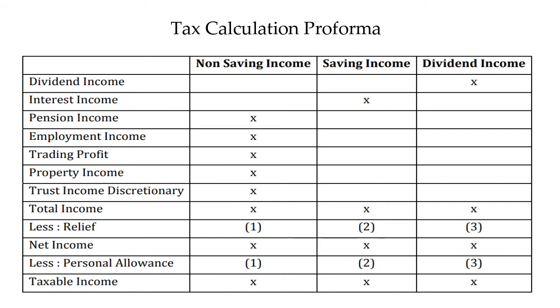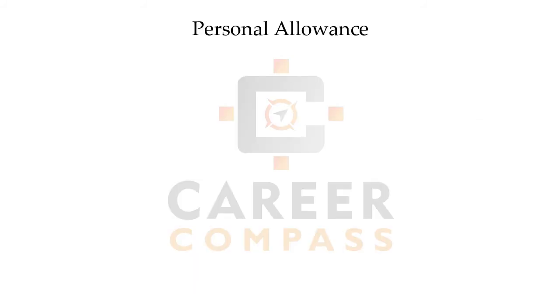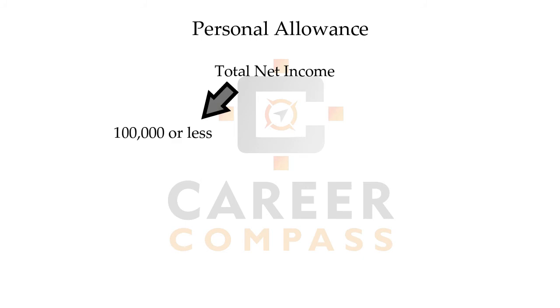Then after, students, the most important topic is the personal allowance. Why is it important? Because it can come in any of the sums for the income tax. And how to calculate the personal allowance is a little bit critical, that's why let's see how the personal allowance amount will be determined. If the person has total net income of less than 1 lakh, then the person will get 100% personal allowance of